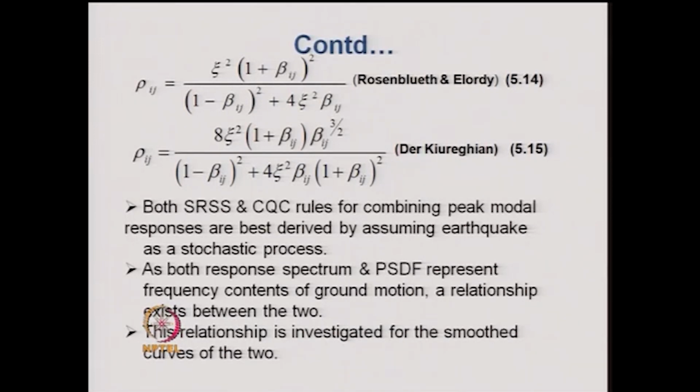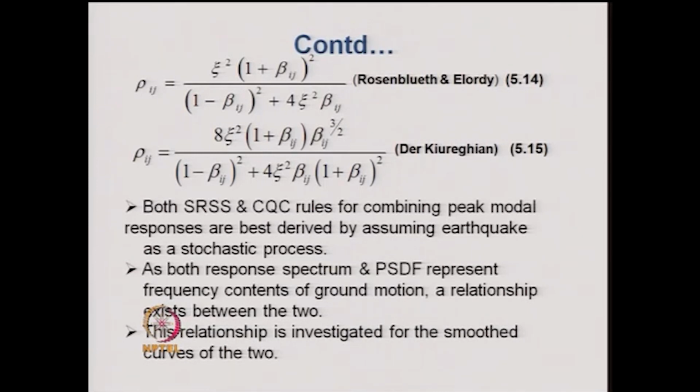So, you can see that the two equations are slightly different in their form, and using these equations